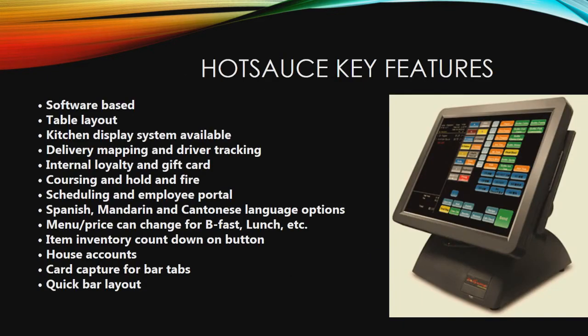A little bit of history here. They came up in the 80s. They've been around for quite some time. They're software-based, so a little bit different from what you see of today with the cloud-based and tablet-based softwares. The key features or the main